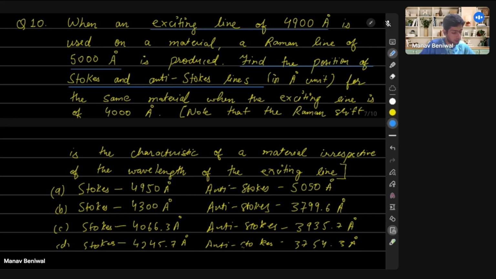angstroms for the same material when the exciting line is 4000 angstroms. So earlier it was 4900 angstroms. Now it is 4000 angstroms. Okay? So the wavelength of the exciting line has now changed. And the question already has a hint on how to solve this one. They say that the Raman shift is the characteristic of a material irrespective of the wavelength of the exciting line. So to solve this problem,